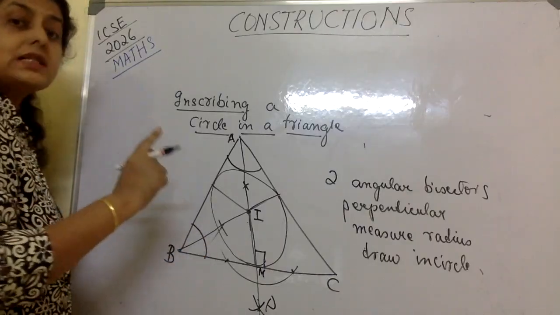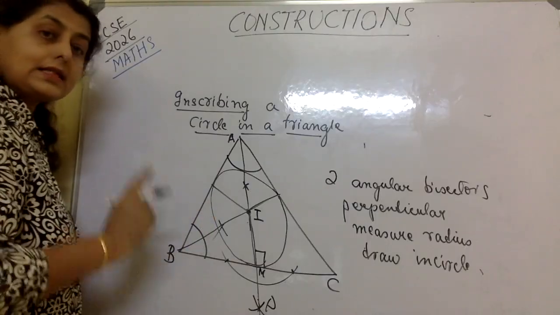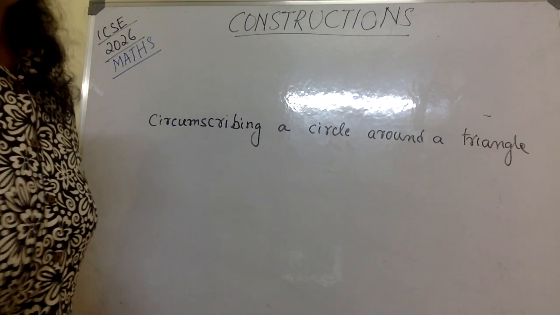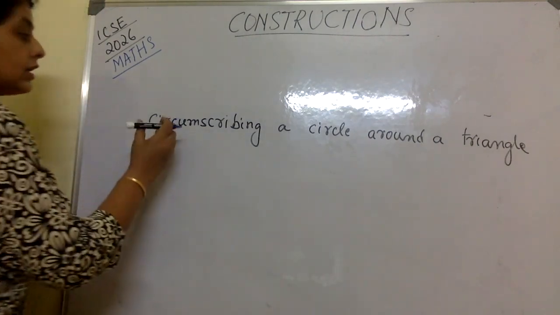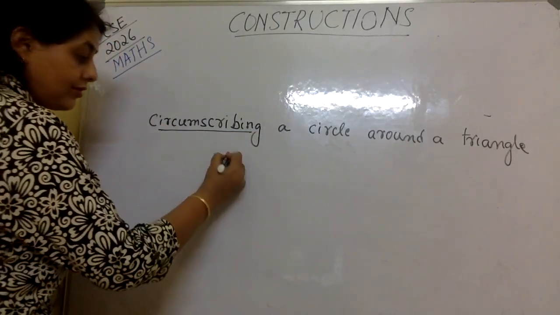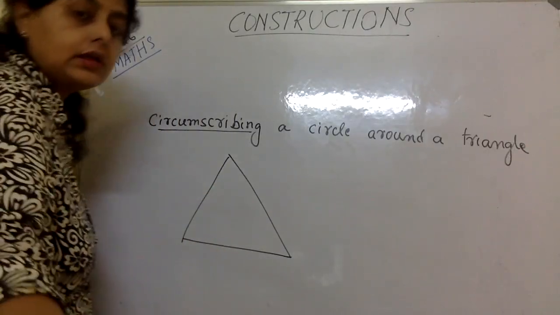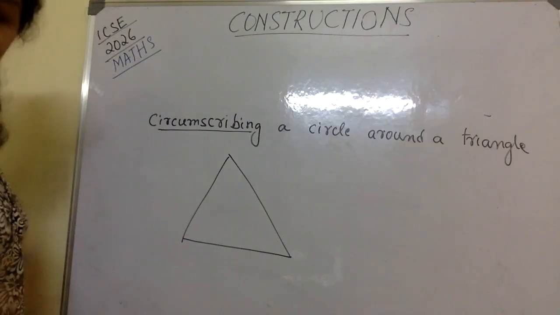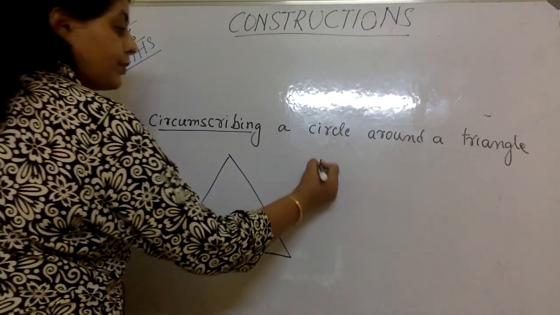Let's move on to circumscribing a circle around a triangle. That is the next important question where you are very, very confused. Now what we have to do for this, again, that triangle, I am not going into drawing that triangle, construct the triangle with whatever data they have given. Once you have constructed the triangle, actually circumscribing is easier. Now you have to make perpendicular